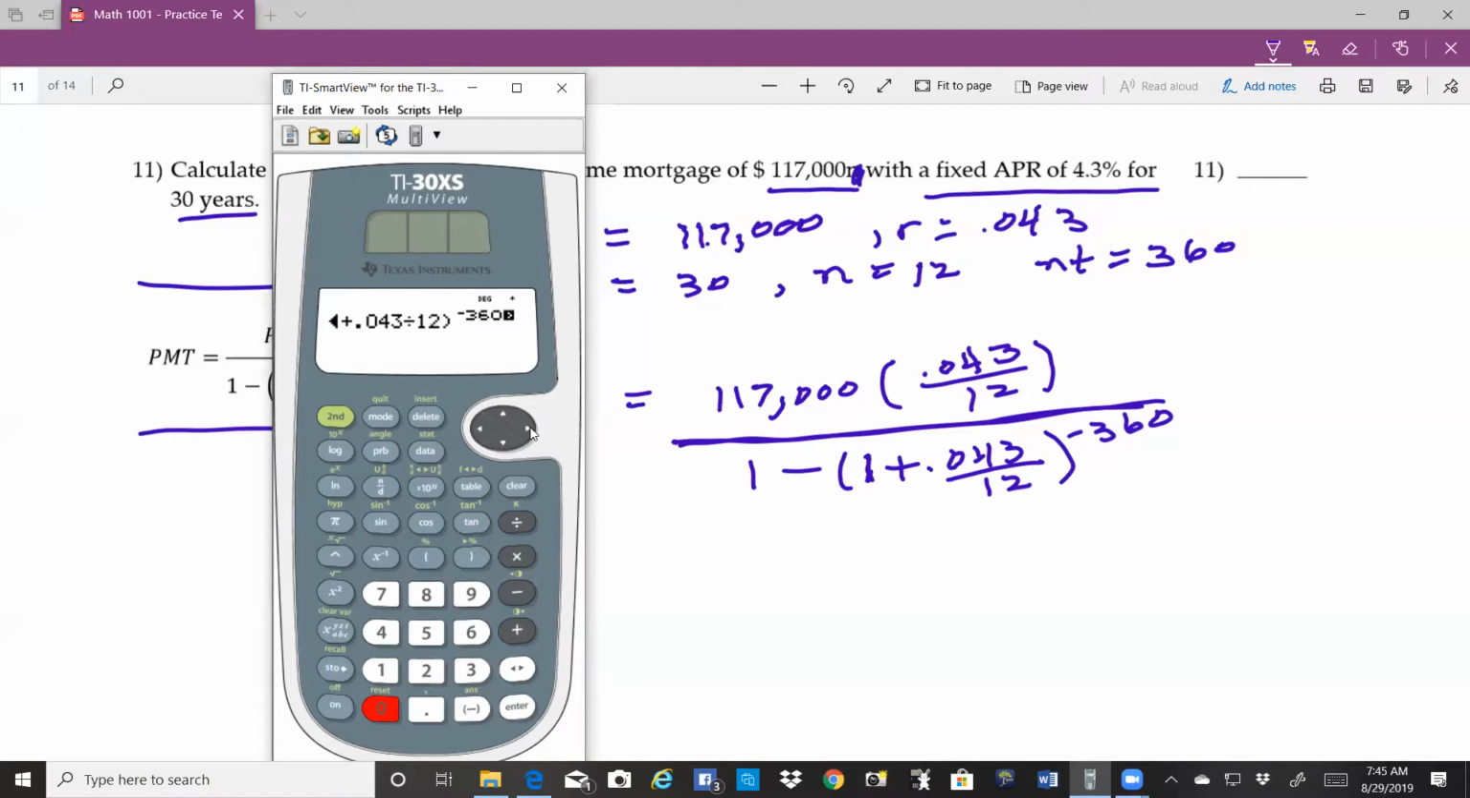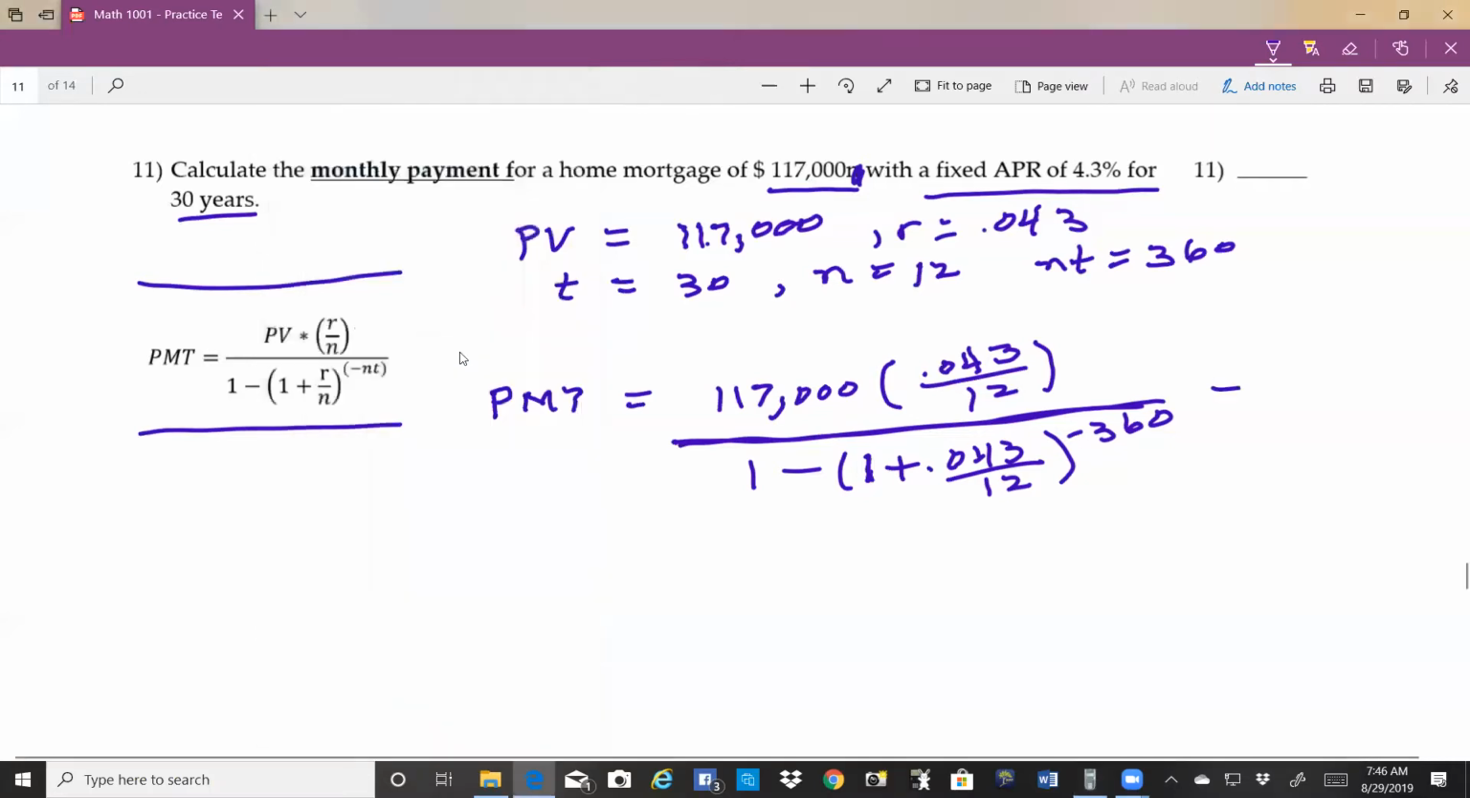I want to bring things down and do a right parentheses. Hit enter. And I get 578.99, which would be $579. Now, you can skip forward if you want to, but I'm going to show this again, putting it in